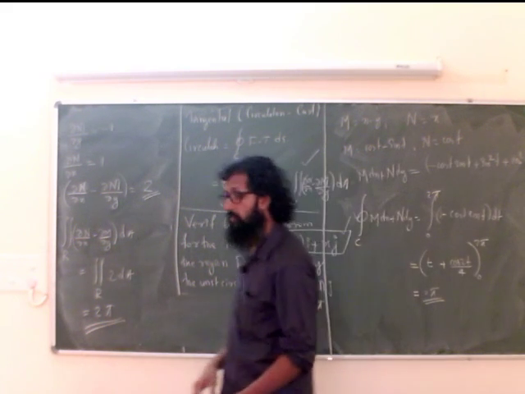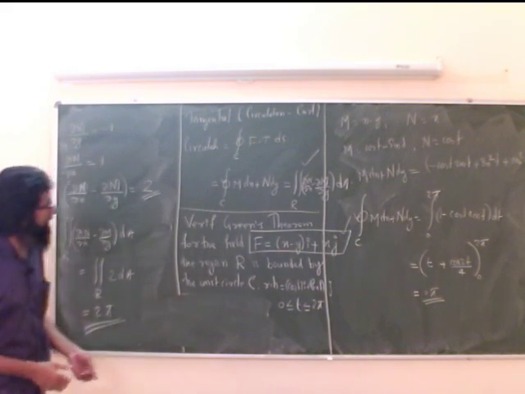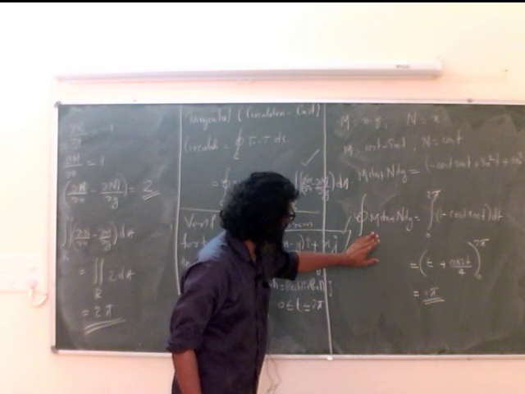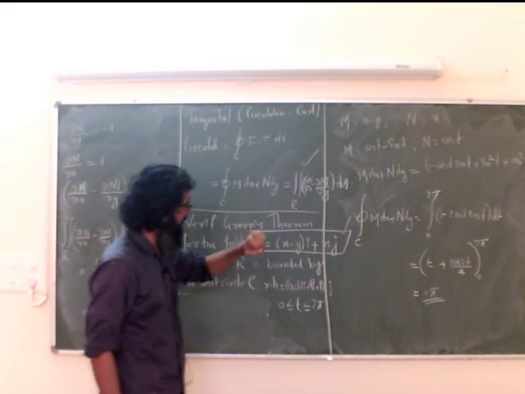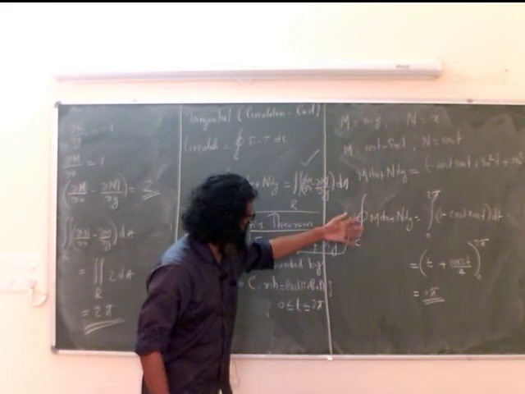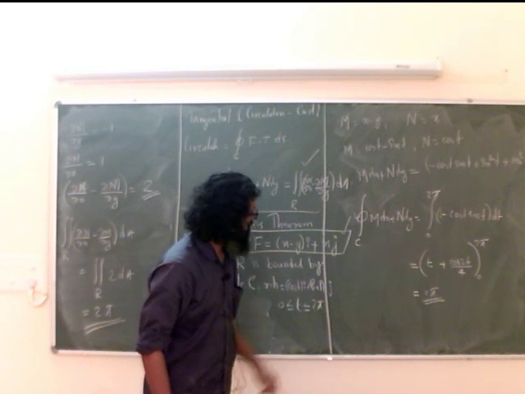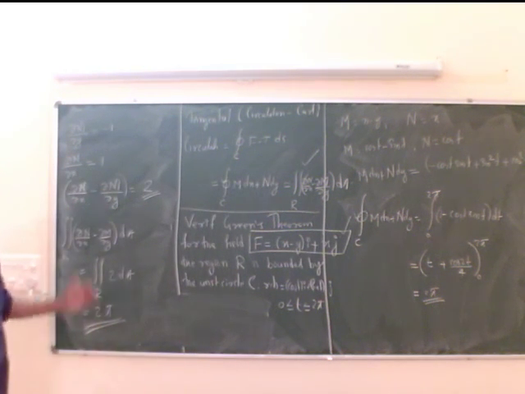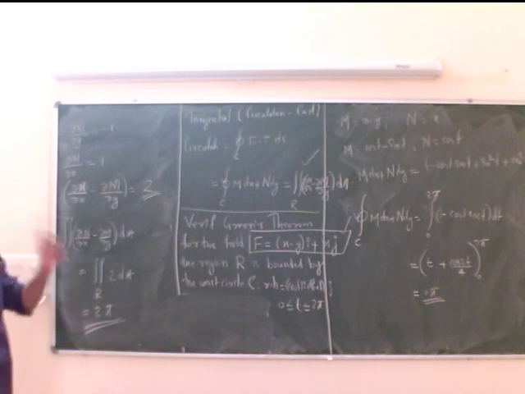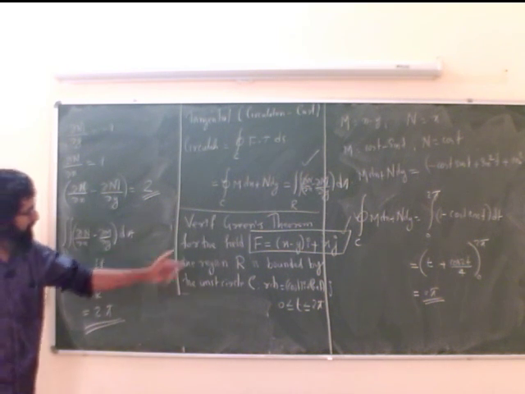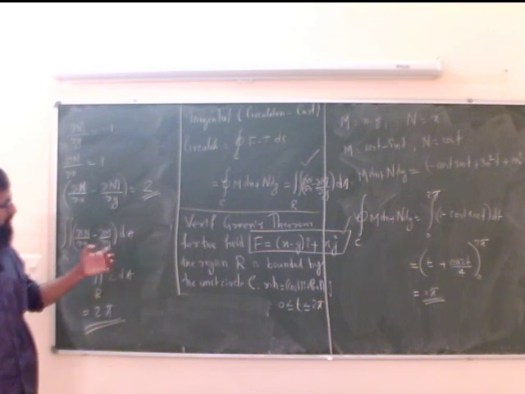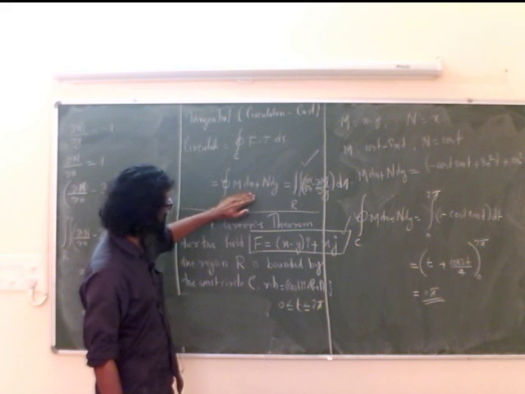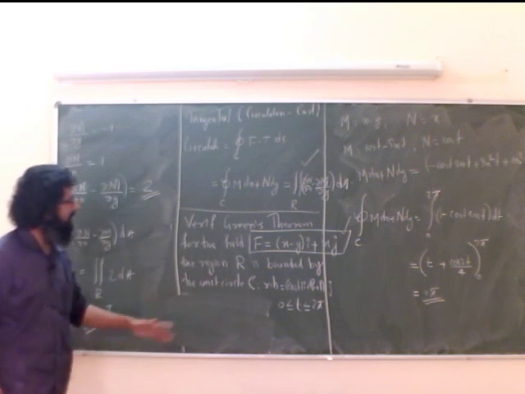So we can do further problems, or we may use Green's theorem to evaluate problems of this form. This is nothing but the circulation, and previously what we computed is actually the flux of a vector field. Sometimes you may have to verify Green's theorem as true, or sometimes you can make use of the double integral part of Green's theorem to evaluate integrals of this form, or the integral of m dy minus n dx.